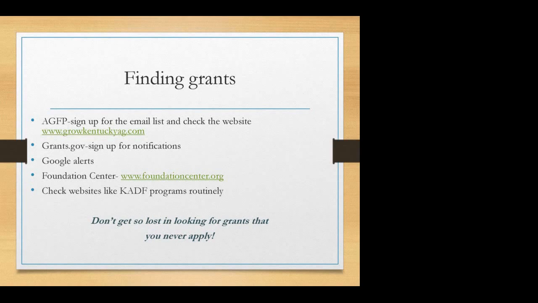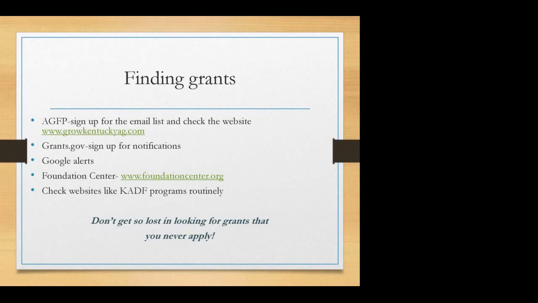Google Alerts. If you want to sign up for Google Alerts, I would recommend Googling Google Alerts, and you can put your email address in, and you could say, I want you to send me an email every time something new on the internet happens that says Kentucky Farmer Funding, or NOFA Agriculture. You can play with different combinations of words, and those are really easy to turn on and off. So if you don't like one, you just go back to Google and say stop sending it, and it stops.